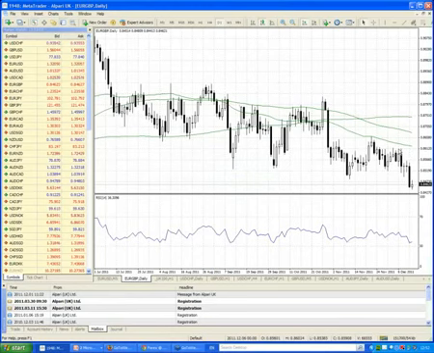And 200. Now they're all the same colour, which is a bit of a pain, but they act as a form of floating support and resistance. Now you can look two ways. You can either look for crosses in them, or you can look for forms of floating support and resistance. And if you look at that, what would that be? That's probably the 100-day moving average, and it's this one here running down. You've got that form of floating support and resistance.